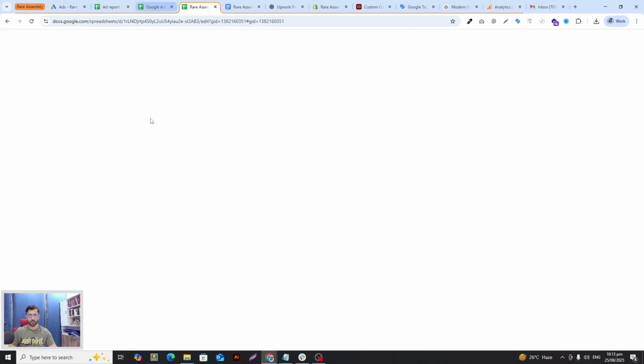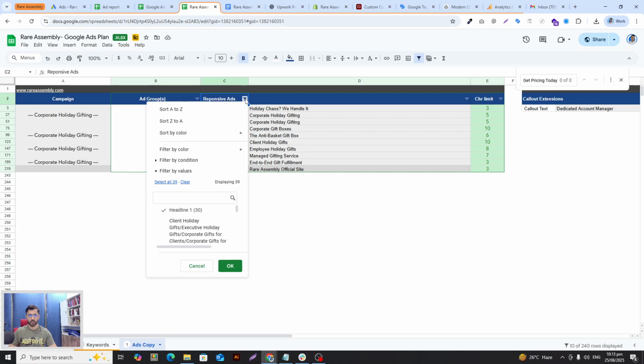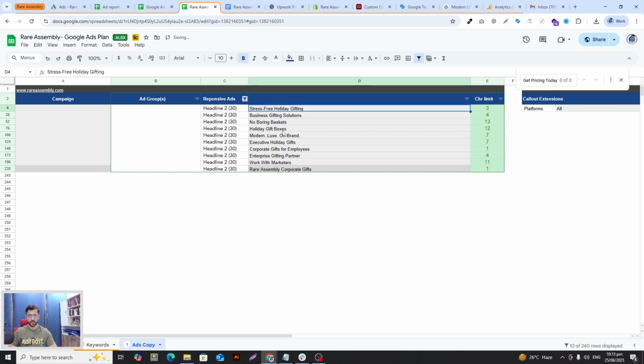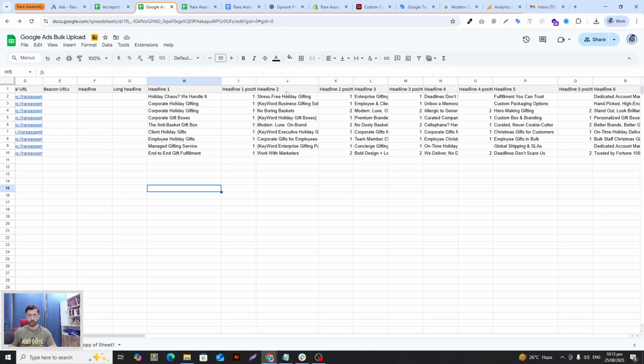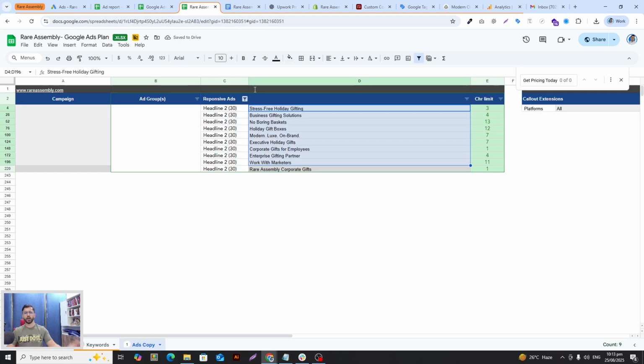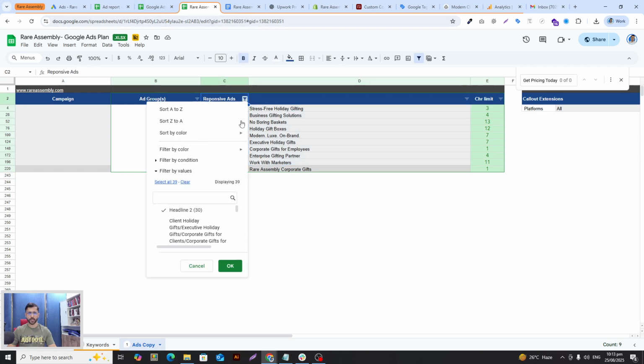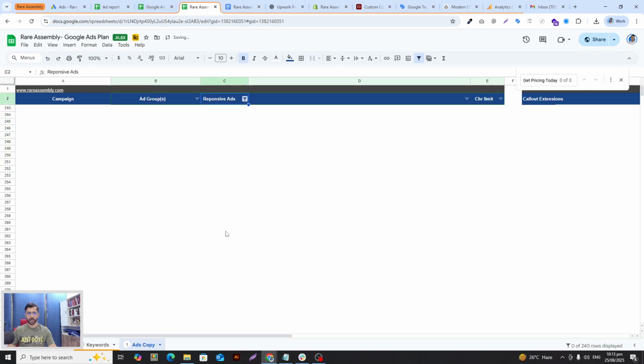Similarly, I can just come back to my sheet and uncheck this and choose headline 2, right? I can choose these and copy these, go here, update my headlines. Depending on how many headlines I have, and for how many ad groups within the campaign, I can update all of those as per my plan. And once I'm done,